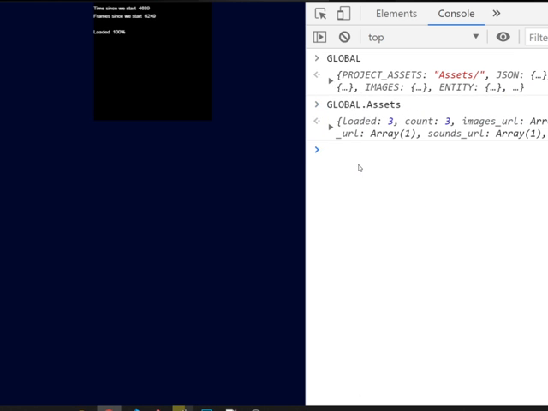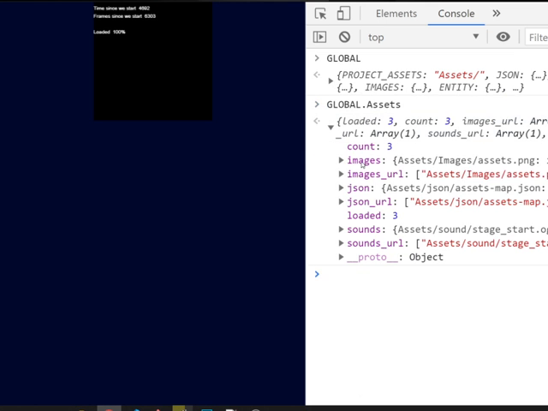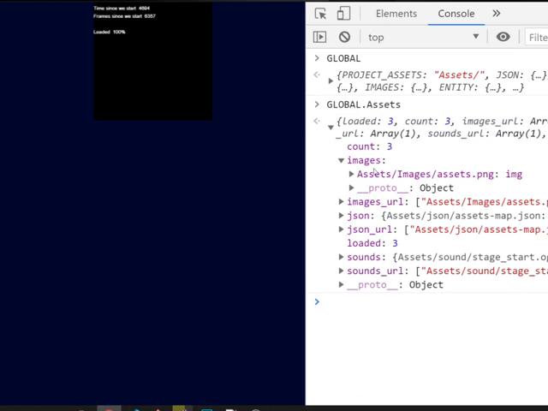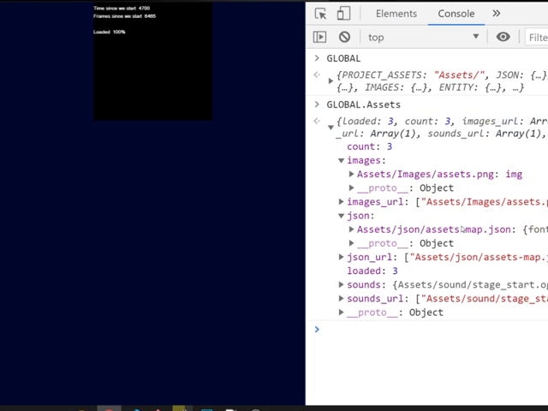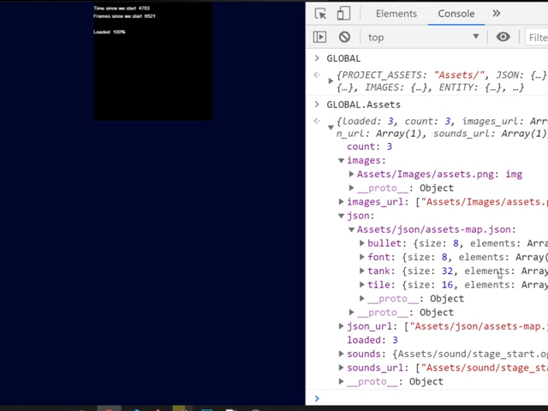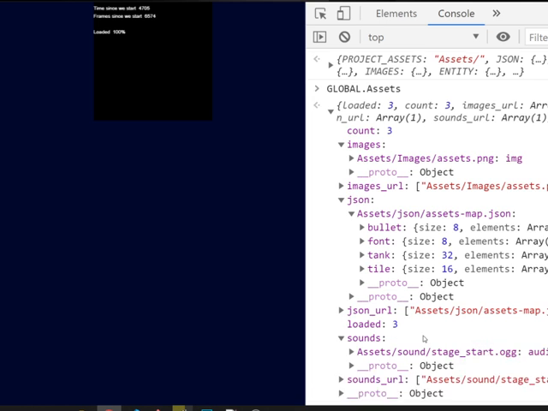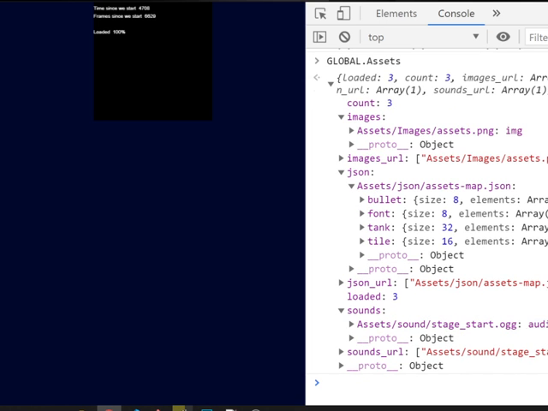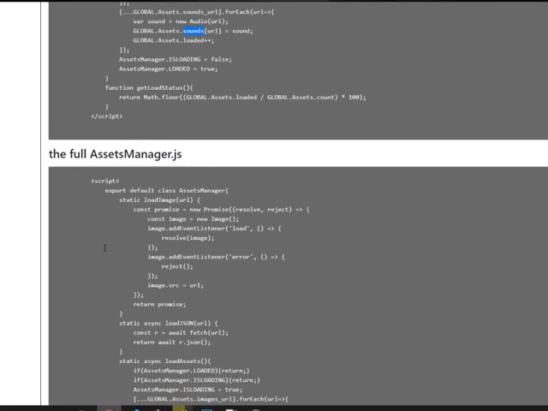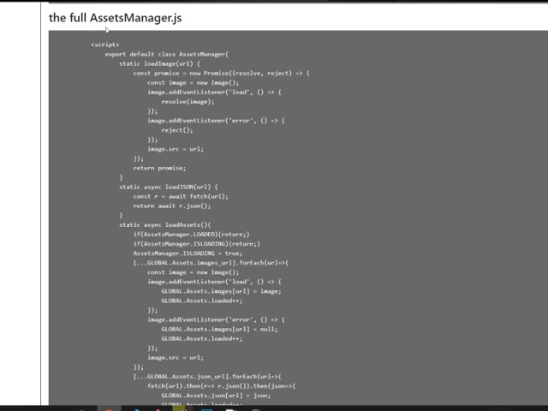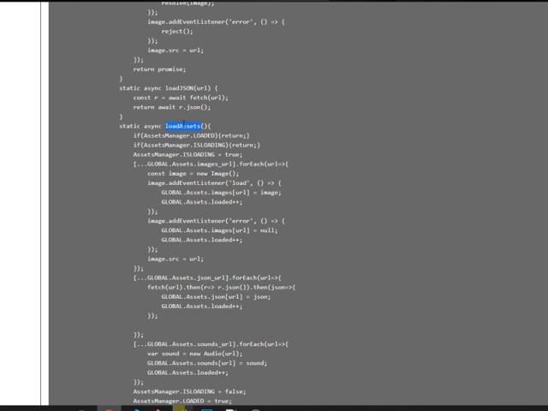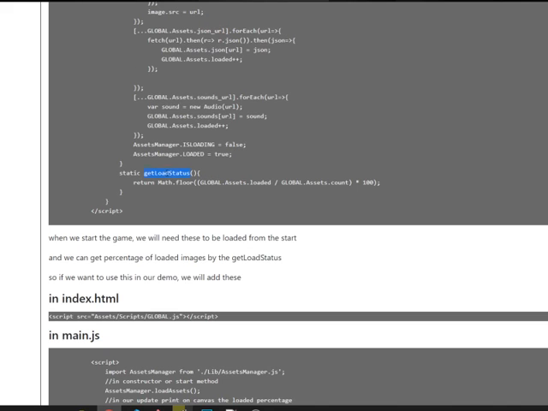Finally, we would have something like this in global.assets. We will have the images, loaded image by name, with the URL as a key and the image as a value; JSON, with the URL as a key and the value being the parsed JSON; and the sounds also, which will contain audio objects. This would be the complete asset manager: the load image function and the load JSON function, in addition to the load asset function, and get load status, which will be helpful for us